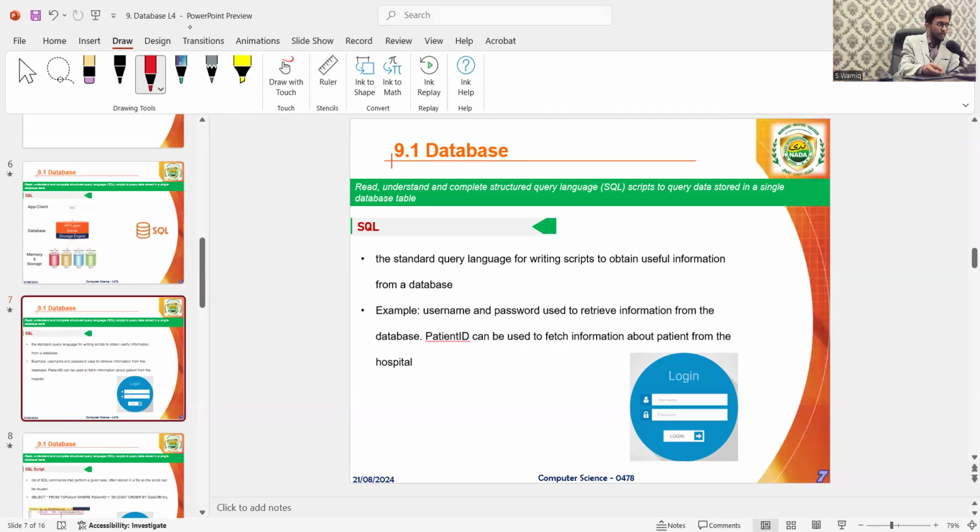SQL is considered a structured query language, and a structured query language basically means that